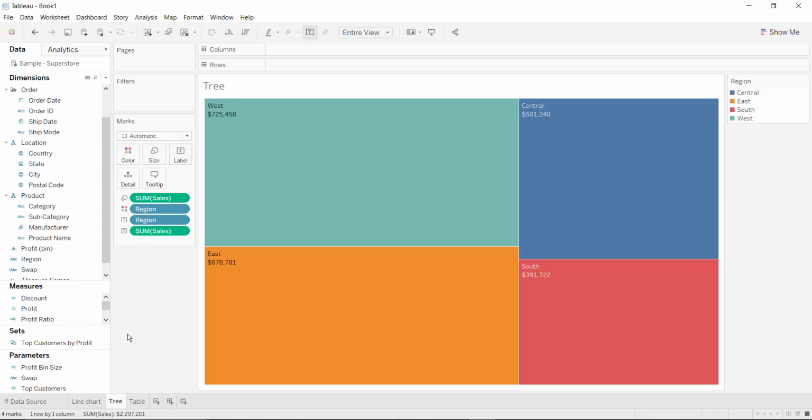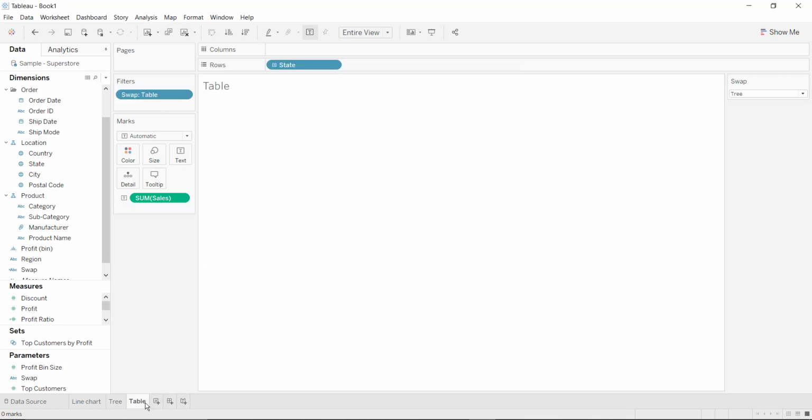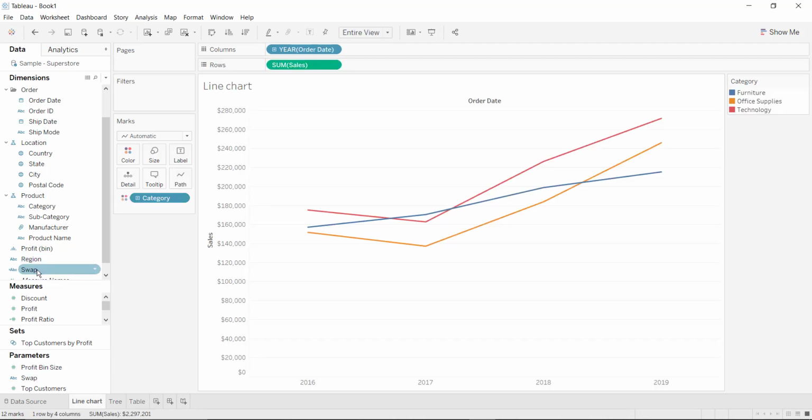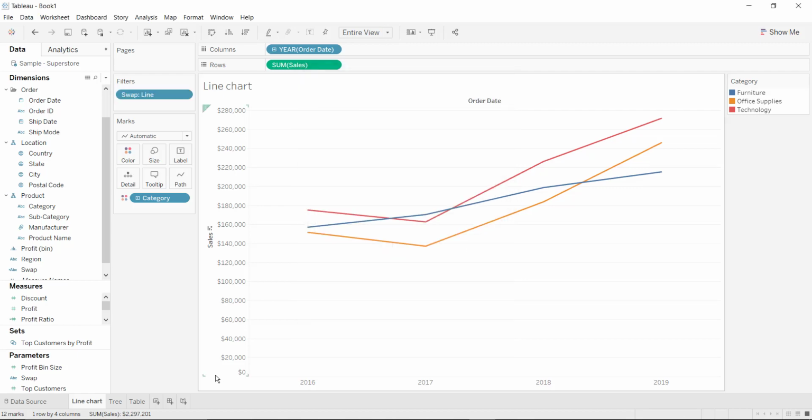So let us go to the tree chart, drag and drop the calculated field swap, select tree. Okay. Now let me change the value of the swap parameter again, change it to line, as we have to apply the same filter in the line chart as well. So drag and drop the calculated field swap and select the value line.